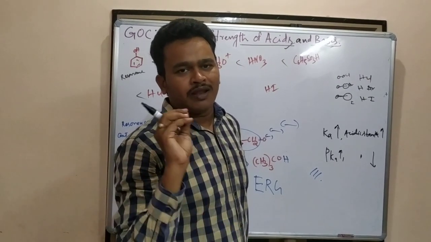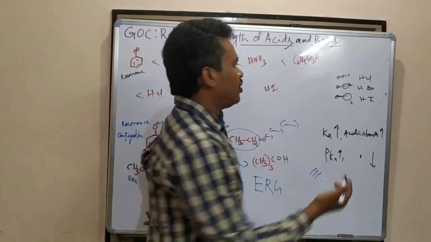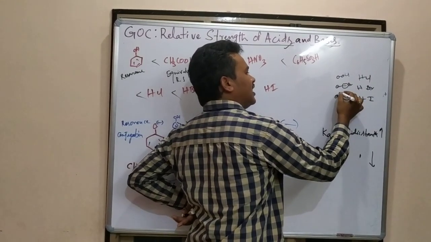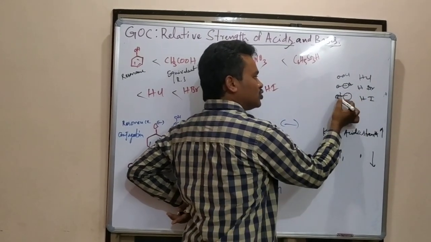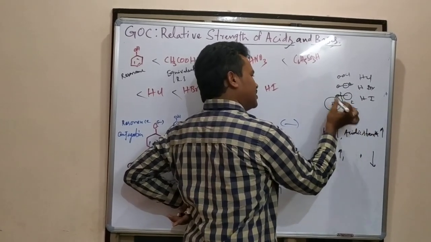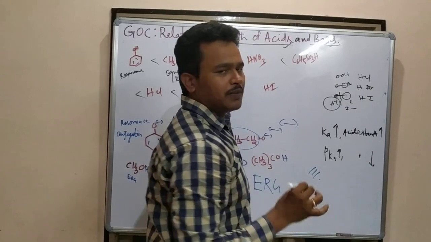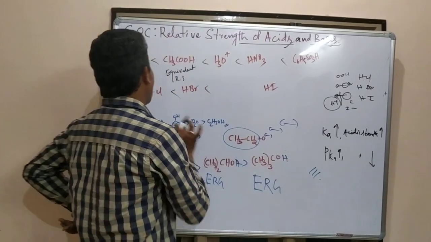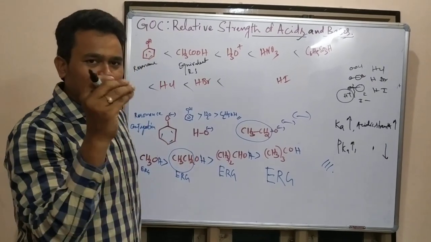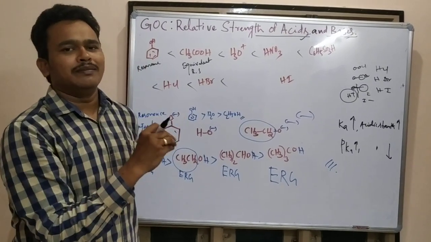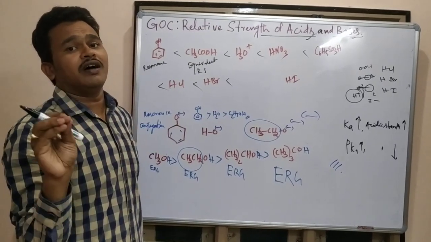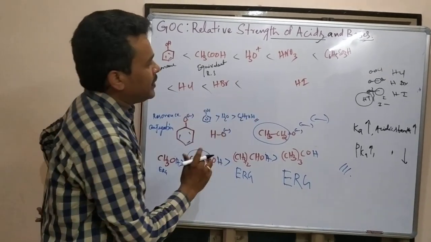Bond length is more means we can break the bond easily. So the HCl bond, HBr bond, HI bond. The HI bond is a lengthy bond, easily you can break. So easily H plus and I minus are going to form. Easily H plus coming means it is a stronger acid. Compared to HCl, HBr, HI is a stronger acid. But you are going to insert other acids in between them for the acidic strength. That acid I am going to include based on the Ka and pKa values.